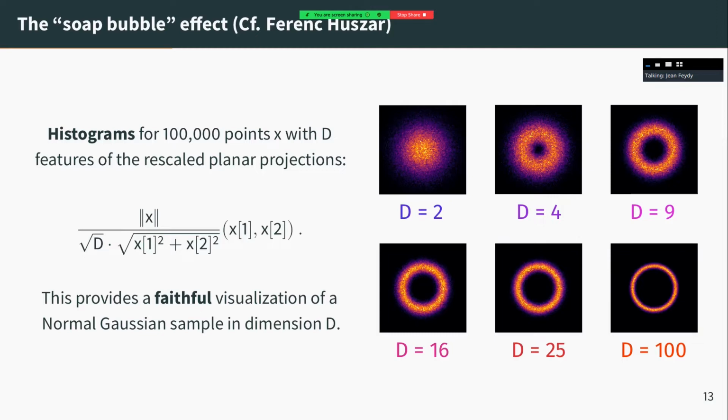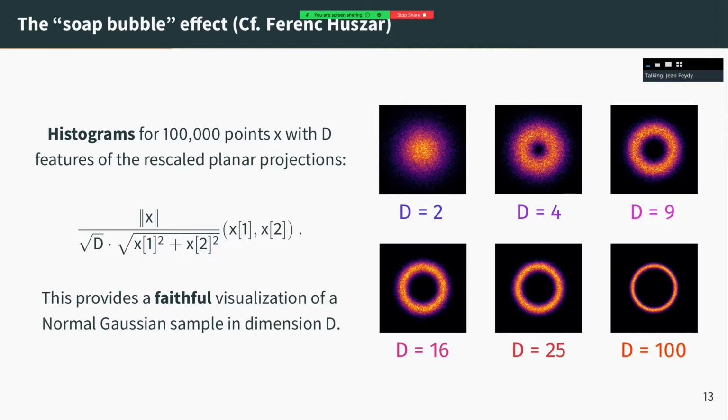So what I'm showing you is a 2D histogram of a normal distribution in dimension d. And once again I have rescaled the features to ensure planar projection. So what I'm displaying is that I have my big random array with 100,000 rows, d columns, and I pick the first 2 columns as my x and y coordinates. If I was just displaying my x and y coordinates to do my histogram, I would just be displaying a 2D normal distribution.